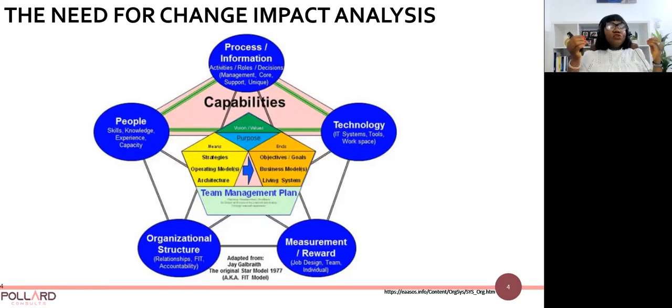In other words, it is those set of tasks you perform to analyze the impact of a change within the enterprise system so as to know who is going to be impacted, whether internally or externally, because knowing all this is critical for you to implement a successful change. Again, you will notice I'm spending some time to define change impact and business change impact analysis because there are so many applications and so many understandings of this, but I'm bringing it back to the enterprise as a system and how it impacts our work as change enablers.